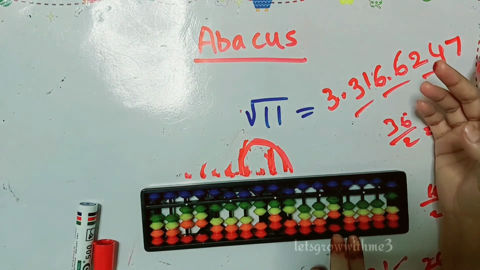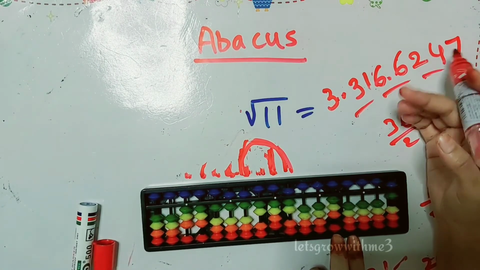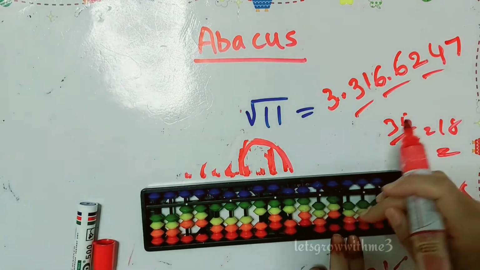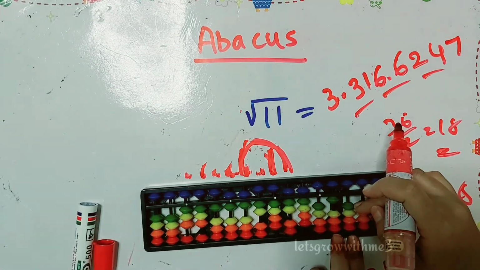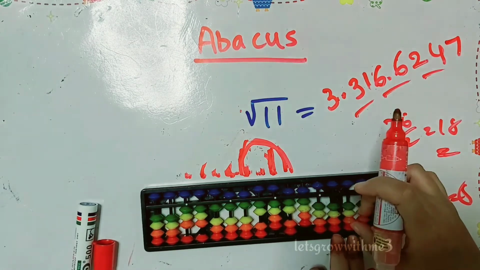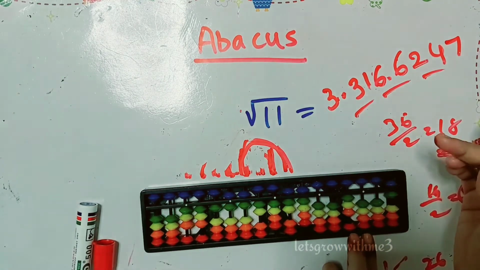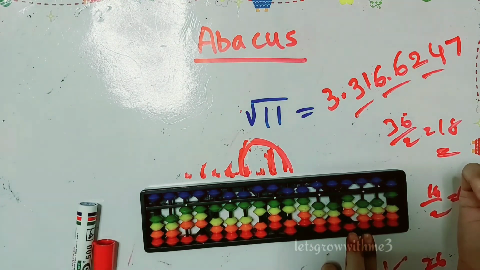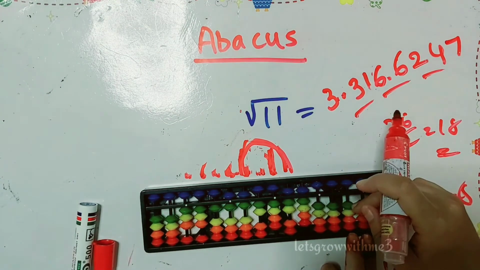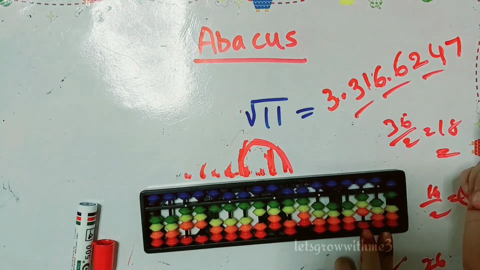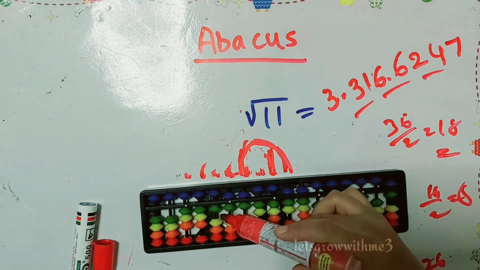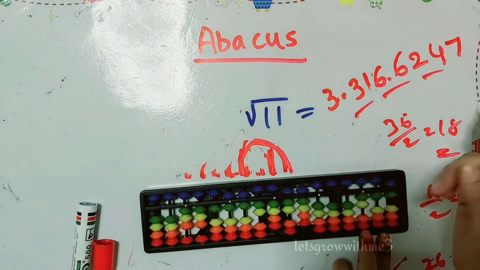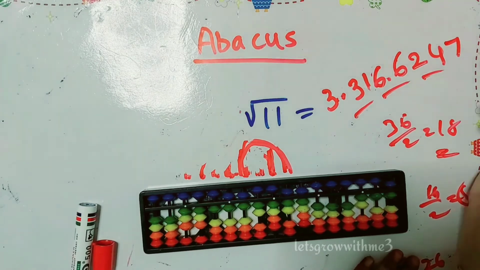Again we have to multiply with all the values. So 3 9s are 27. So we have to subtract 27 from 30. So we got remainder 10. Again we have to subtract 7 over here. So minus 10 plus 3. Next we have to multiply 9 times 3, 27. Again we have to remove 27. Then again we have to change the position. Now you have to multiply 9 times 1, 9. So we have to remove 9, minus 10 plus 1. Next again we have to change the position.